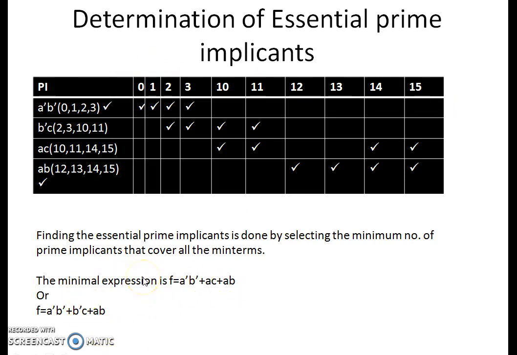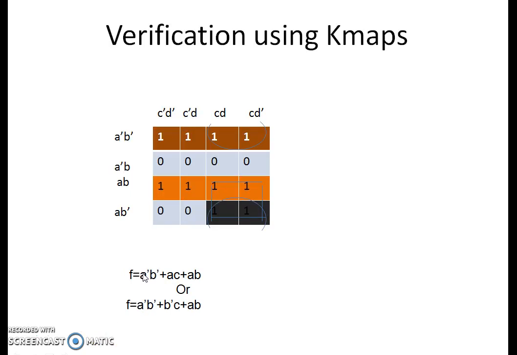So this method is a bit lengthy. I would suggest that you just verify your answer with your K-map as a beginner. Now I have taken the same function, because I had to verify. I have taken this function and see, this was the first quad we had got. That is A bar B bar, which was mandatory, and A B was the second quad we got. This is also mandatory. But I have 1, 1 here.